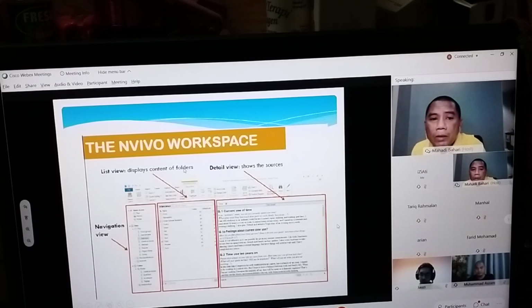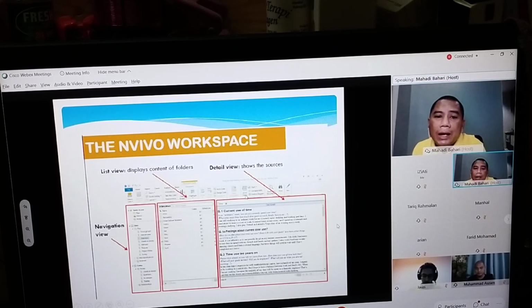So this is the normal view once we have our NVivo workspace. We have three views. The upper one, this one, is a ribbon. A ribbon is something like the normal view of any Windows software, for instance, Microsoft Word. We have icons there. So this is what we call a ribbon